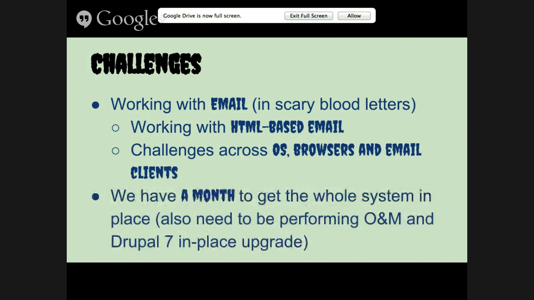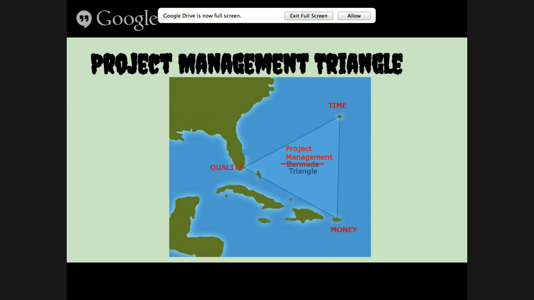And then we had a whole month to just do the notification system. We had more time for the upgrade, but we also have to respond to user requests, so there's a lot on our plate. Everyone's familiar with the project management triangle: quality, time, and money. You can have something done good, cheap, or fast, and